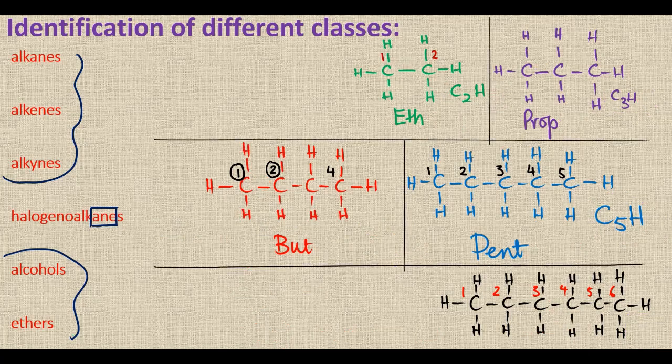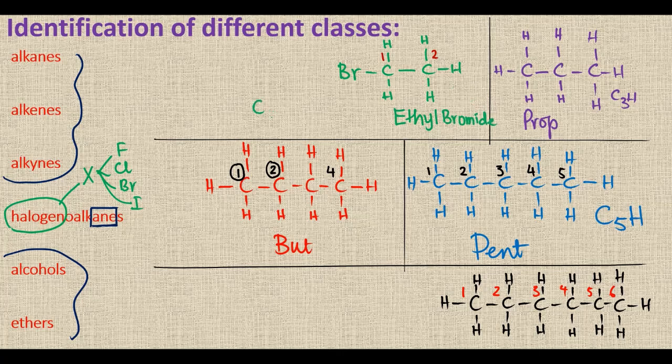Now all these compounds are back to alkanes, and as the name suggests, these are halogenoalkanes. It means that a halogen, represented by X generally, which may include fluorine, chlorine, bromine, or iodine, may attach to any one or multiple carbon atoms in an alkane, turning it into a halogenoalkane. Let's say there is a bromine attached to carbon atom number 1 instead of a hydrogen, so it is called ethyl bromide with a molecular formula of